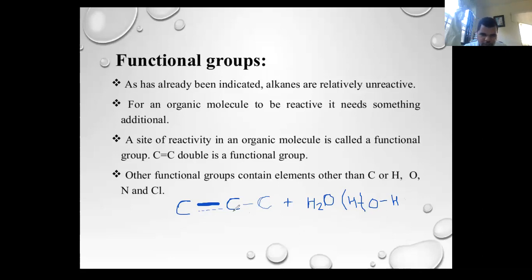And in one of the carbons, you are going to have the OH. And in the next carbon, you are going to have the H. Because this double bond breaks apart again. And then this part of the double bond is where the hydrogen attaches to this carbon. And this available bond is where the OH now attaches to this carbon. And this forms a new